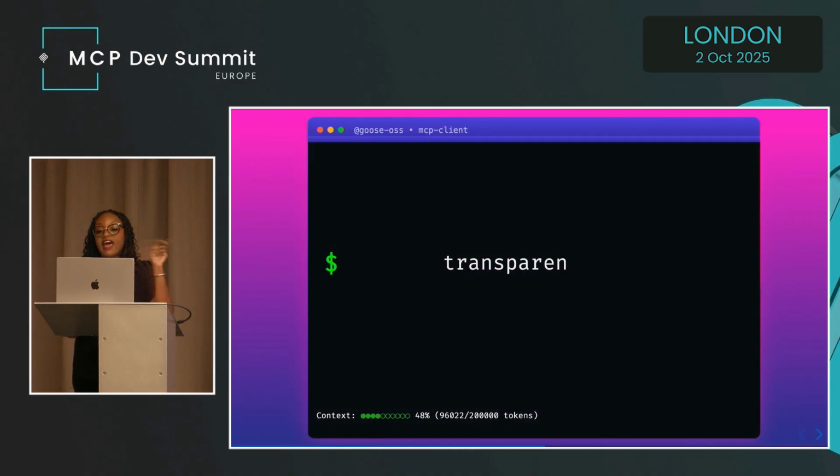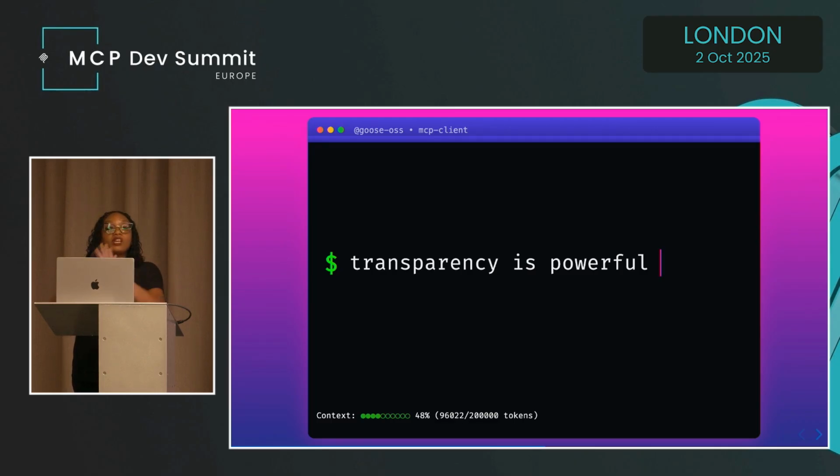Okay, not only does Goose allow you to bring in any model you want, the client code is completely open source. So you as the user, you can evaluate exactly how your tokens are being used. And more importantly, you can influence it. In fact, we've merged several contributions from the open source community that directly improve the efficiency of how tokens are used. And I'd love to see more MCP clients offer this level of transparency and even maybe allow the community to contribute in making it better.